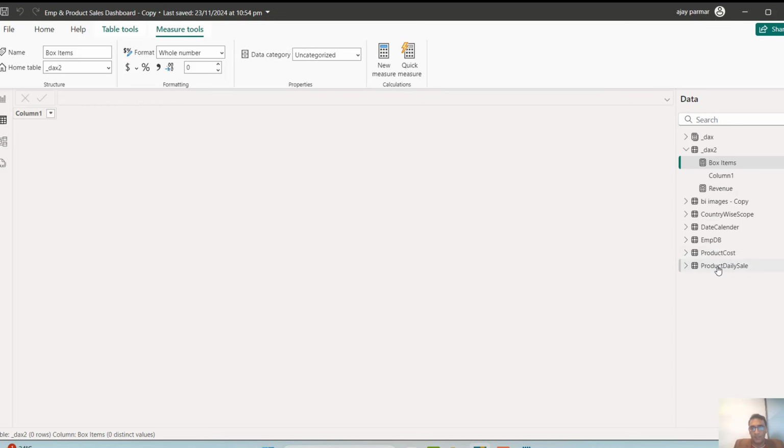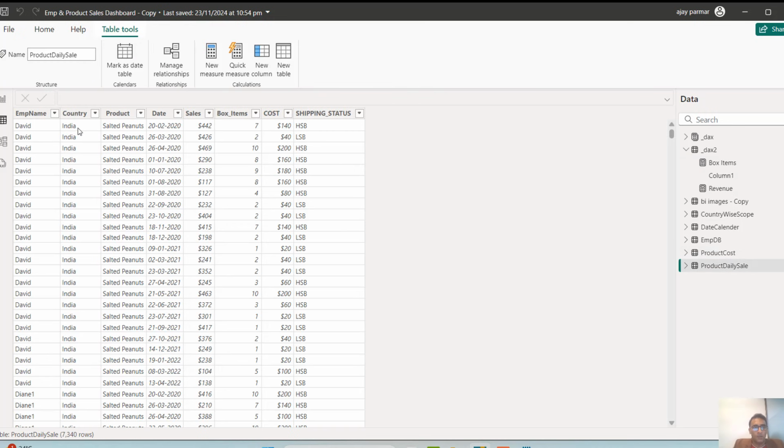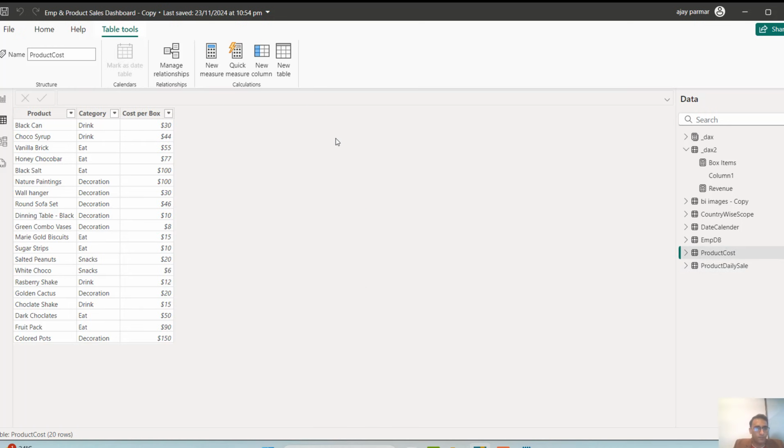See, this is the product daily sale table, right? This table originally does not have the cost. First of all, it has only employee name, country, product, date, sales, and the box item. Now if you see each of these products which we are selling, if you go in the product cost, they have their cost. So I want to actually use the VLOOKUP, and to use the VLOOKUP I have a function